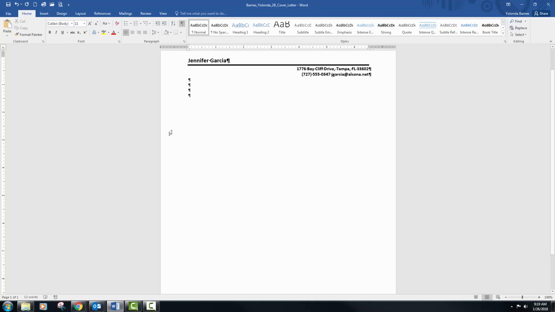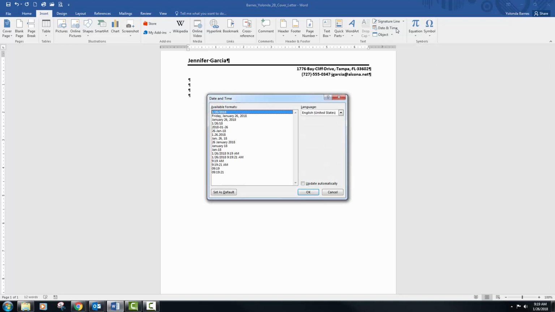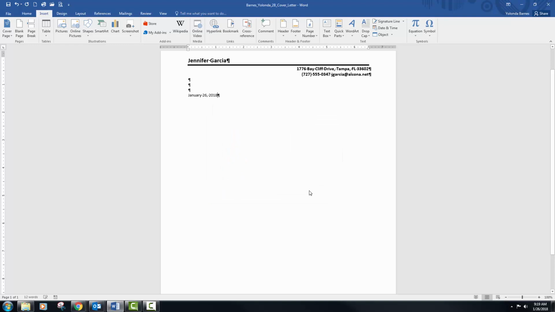On the Insert tab, in the Text group, so we have to go all the way over, click Insert Date and Time. And then click the third date and time format, click OK to create the date line. Press Enter 4 times,